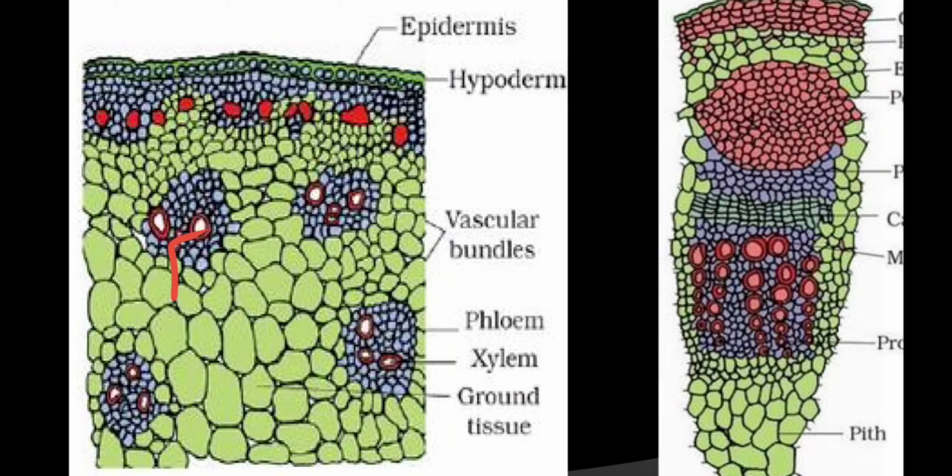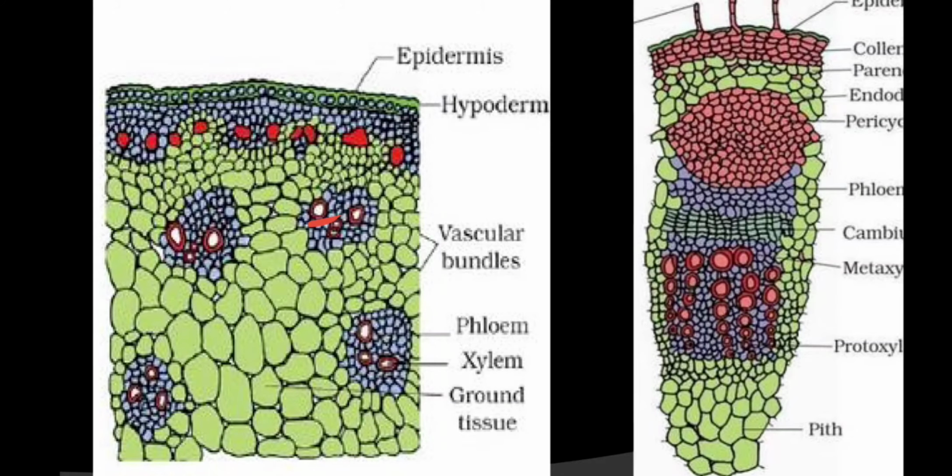Near the protoxylem you will see another cavity. Actually this is known as the lysigenous cavity, and it contains water. This water-containing cavity is present near the protoxylem only. Okay guys, so this is all about the monocot and dicot stem. No secondary growth occurs in the monocot stem because cambium is not there, but in the dicot case secondary growth is there.